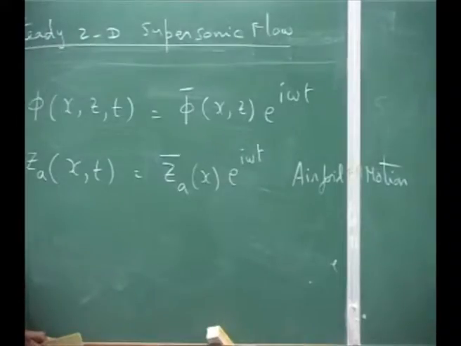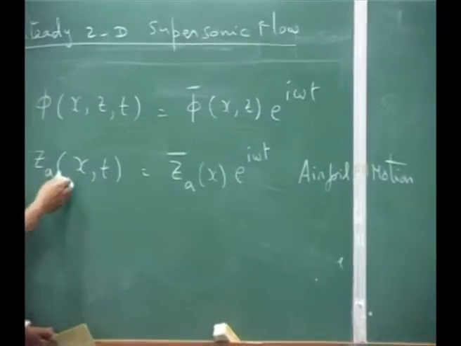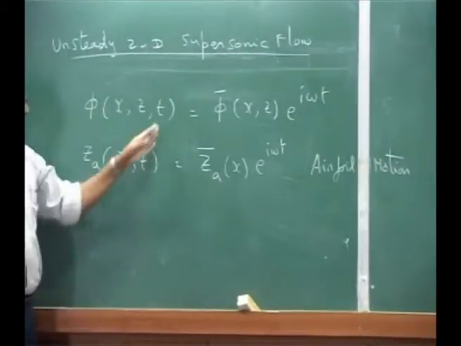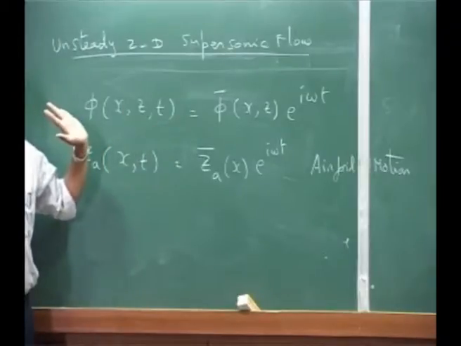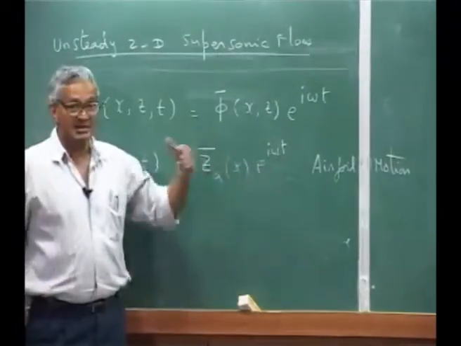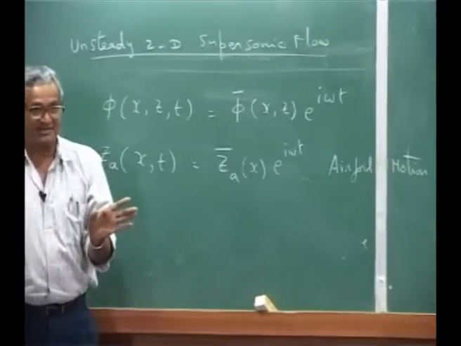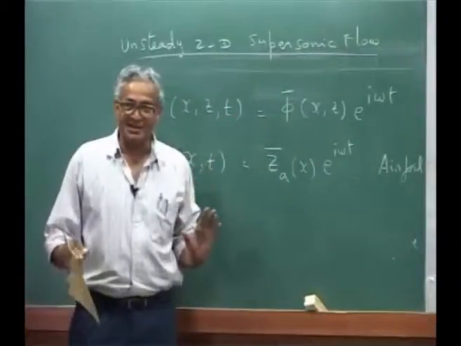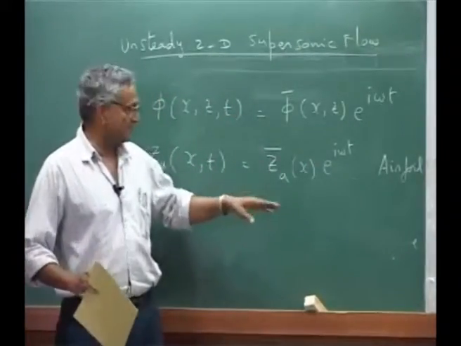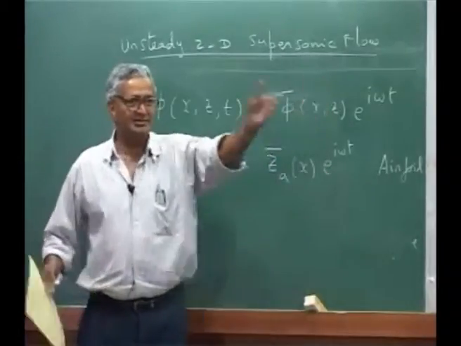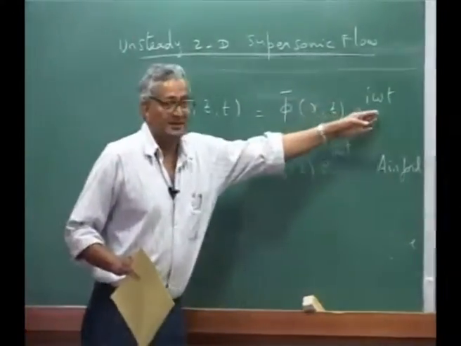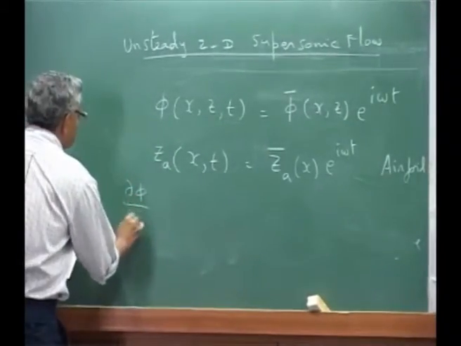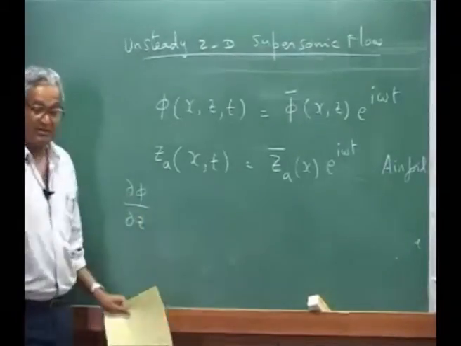So technically what I am saying is, if my aerofoil is steadily oscillating, my perturbation everywhere is also of the oscillatory type, with the same frequency, because it is a linear problem. Please understand, if it is non-linear, I may start having higher frequencies and various things. Whereas it is a linear problem, if the excitation frequency is omega, then everywhere the flow is also at this same frequency. Now your delta phi over delta z, which is actually the velocity